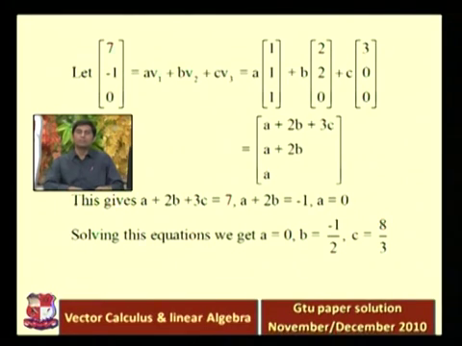Okay, this gives a plus 2b plus 3c is equal to 7, a plus 2b is equal to minus 1. Just comparing the left and right parts: left side we have 7 minus 1, 0, and right side we have a plus 2b plus 3c. So comparing, a plus 2b plus 3c is equal to 7, a plus 2b is equal to minus 1, and a is equal to 0. Put a is equal to 0 in the second equation, you will get b is equal to minus 1 by 2, and put the values of a